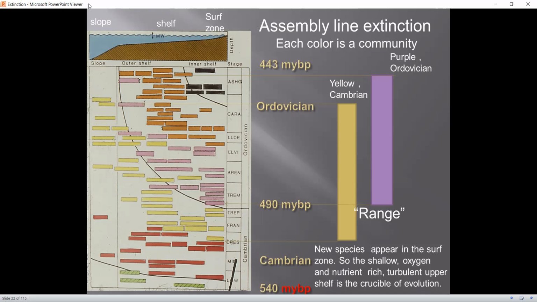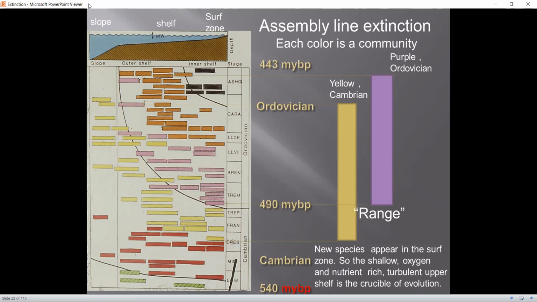The other one I have here is just the purple one here. He starts out here at about 490 MYBP, million years before the present. And then again, they do the same thing. They bebop right out to the edge of the shelf. And then the last one is up there. So its range goes up to here. Two different communities, and not looking at individual species, but we're looking at mass extinctions, slow, or what we call